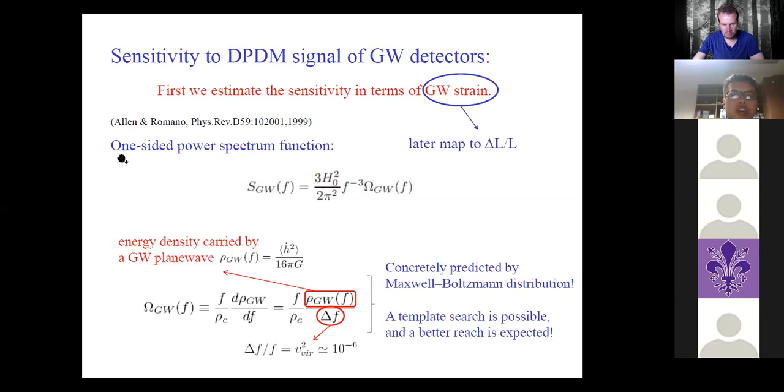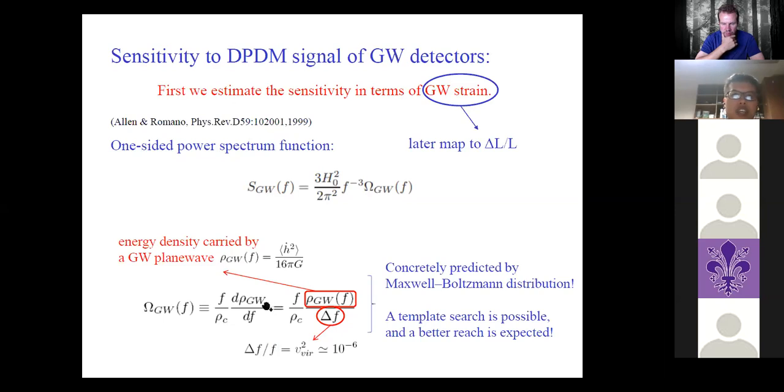The gravitational wave signal is defined by the one-sided power spectrum function SGW, which is proportional to the differential energy density distribution function omega GW. And omega GW is defined by this equation. And it is proportional to d rho GW over df, where rho GW is the energy density carried by the